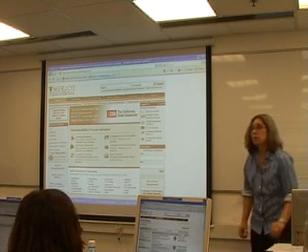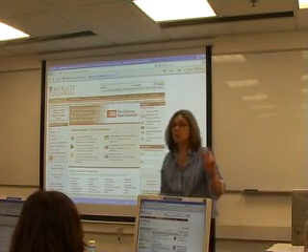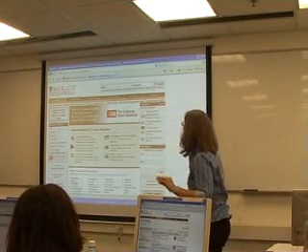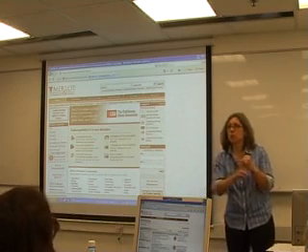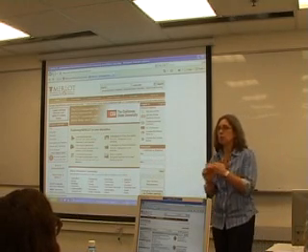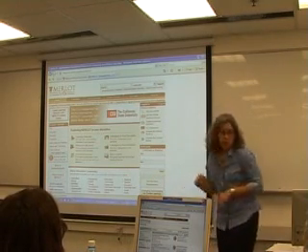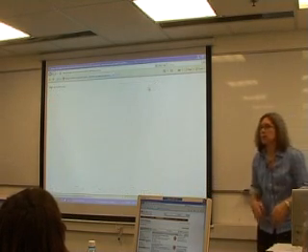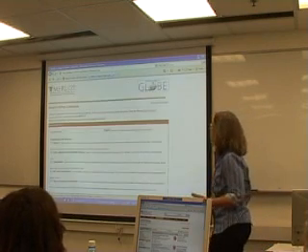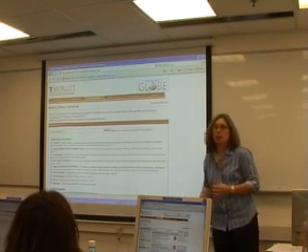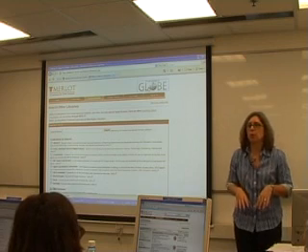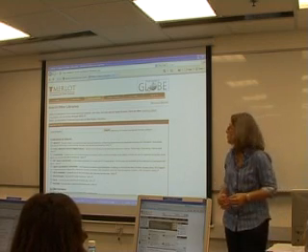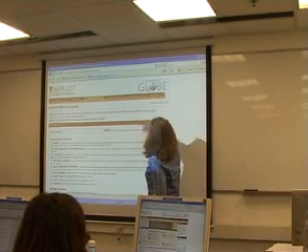Okay, before we go on to contributing materials, I want to just talk about two more things related to search. So we've talked about searching materials, and we've talked about searching members. Another thing that we have in MERLOT is what we call searching other libraries or searching other digital libraries. We have 20 different libraries that you can search from MERLOT. We call this a federated search. And the way it works is